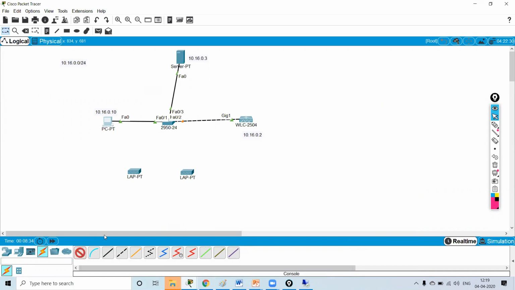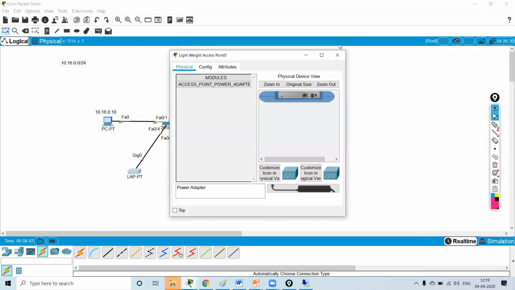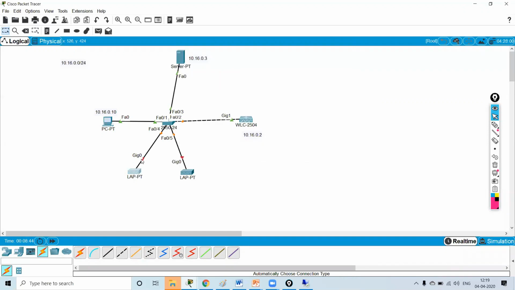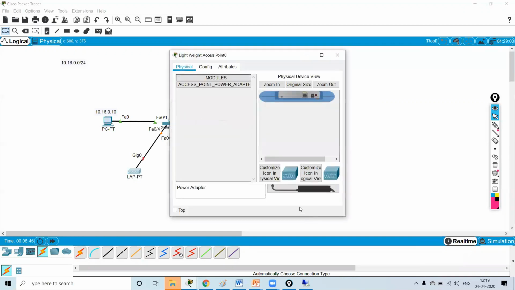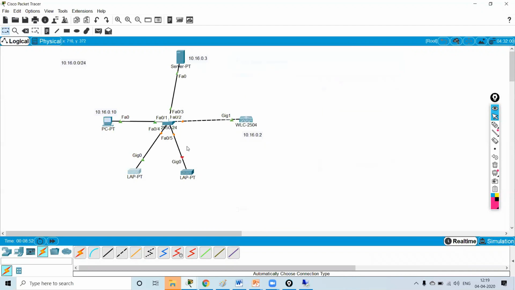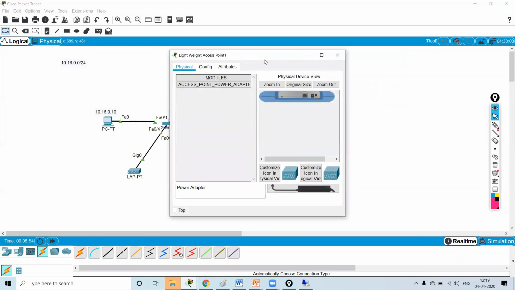Now we will connect these APs. You can see over here the access points are not powered on. So we have to connect a power cable to the access point.